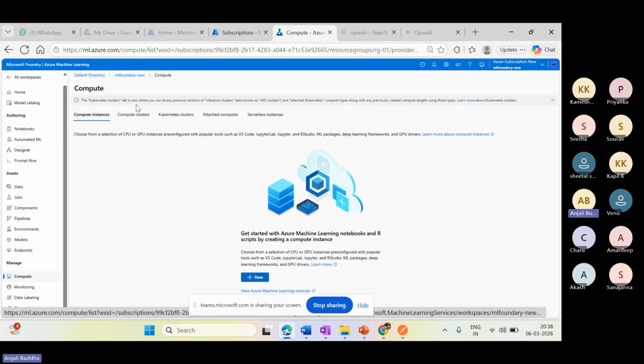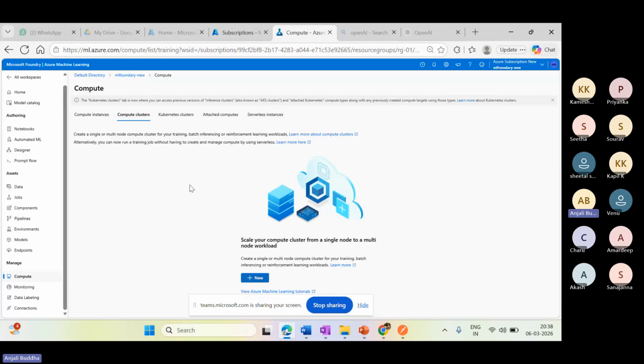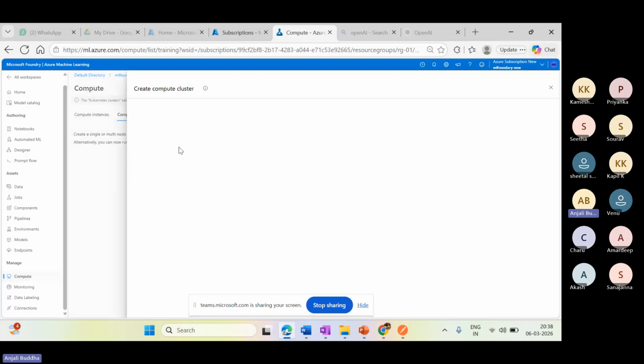To create the compute environment, Azure provides different options: compute instances, compute clusters, Kubernetes clusters, attached computes, or serverless instances. These are the different options Azure provides. For us, I can go with the compute clusters, or I can go with compute instances only. Actually, right now I want the compute clusters, so I'm going to create it.